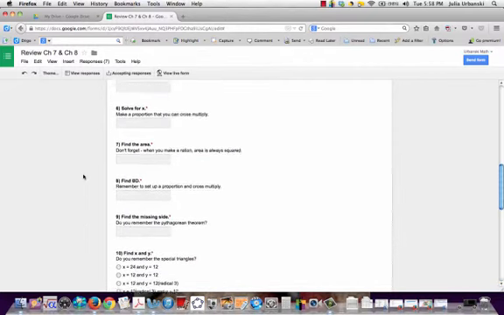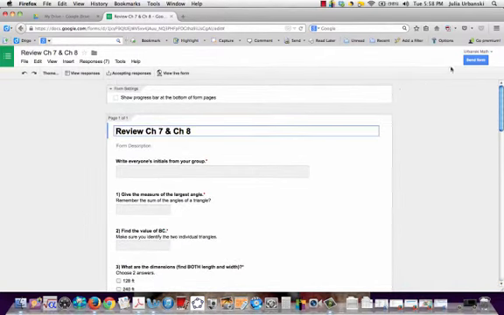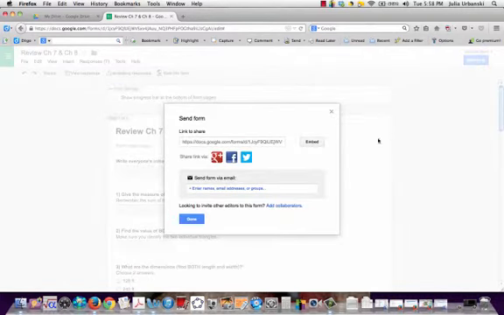And then what you need to do is you click Send Form, and it will ask you to click in the emails of people that you want to send it to. For my students, I don't do this. I send it to myself. And then the link that's created there, I use that link and I embed it into my website so that I don't have to get everyone's email, write them all down, and it's just a lot easier this way. So if you're sending it to colleagues or something like that, type it in here, click Done. It allows you to add a message to them. But instead,